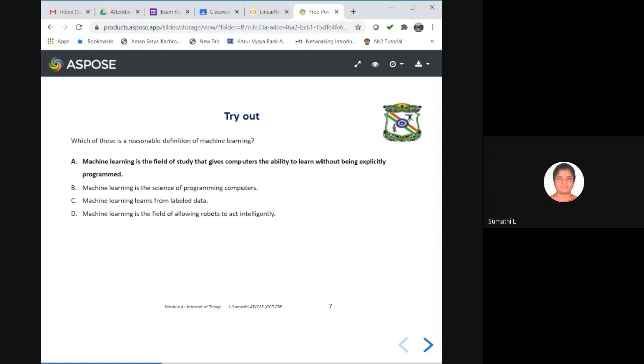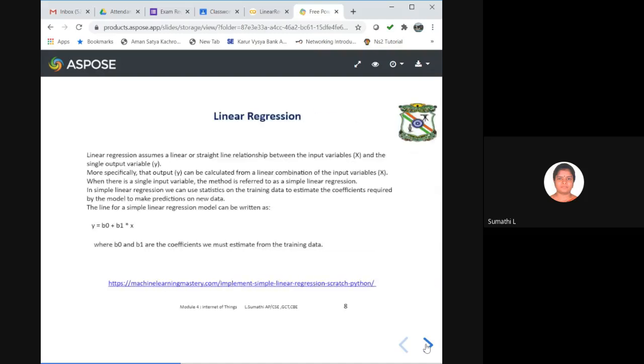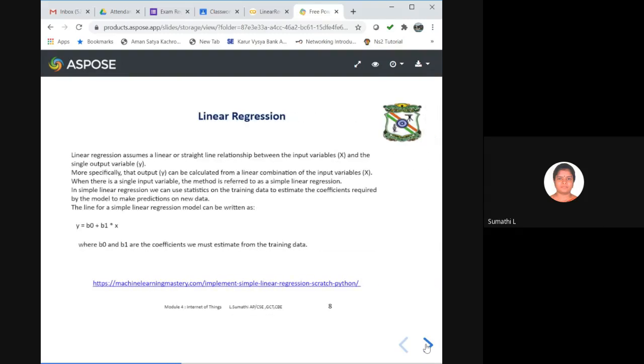Okay, this is the definition of machine learning. We have seen it is the ability to learn without being programmed explicitly. You will not program; you just give the data set and pick a model, and it will learn to classify. We will see how it is done with linear regression. Now, in the last class, we ended with the information that y is equal to